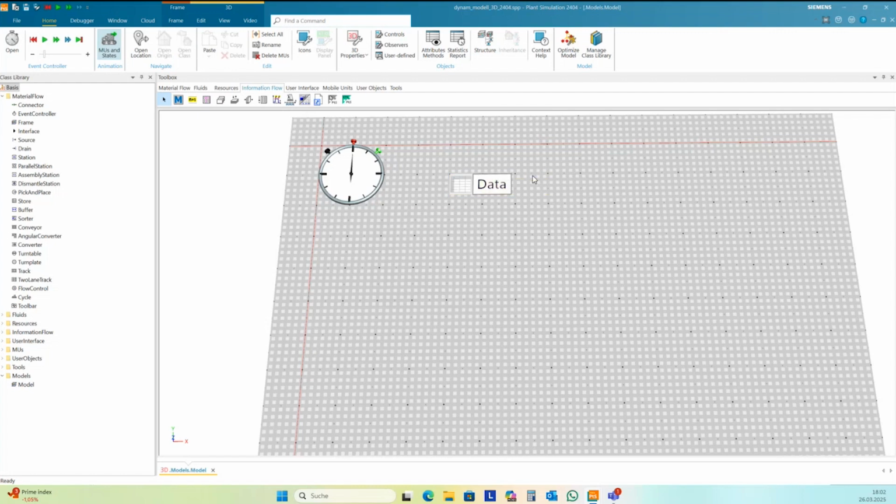And this data you can import, for instance, from Excel or from a database where you edit this data. And maybe you have a web application where you create the data and edit this.